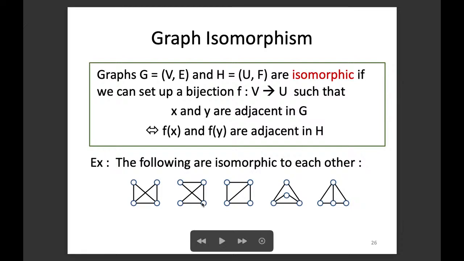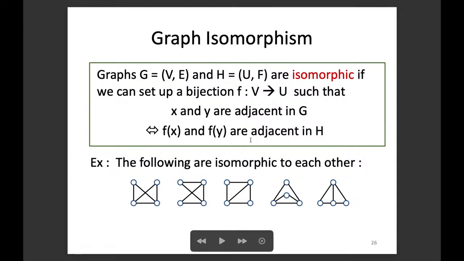Is that okay? So how do we see that? So if we somehow map this vertex with this one, map this vertex with this one, map this vertex with this one, and map this vertex with this one, then we will see that whenever there is an edge between, let's say, these two vertices,